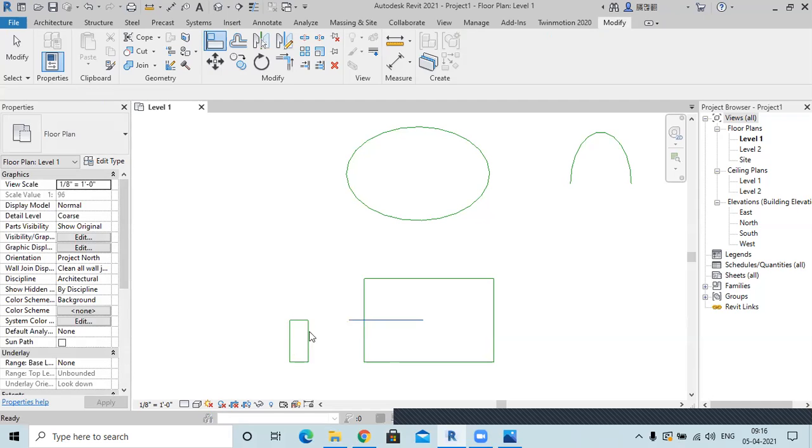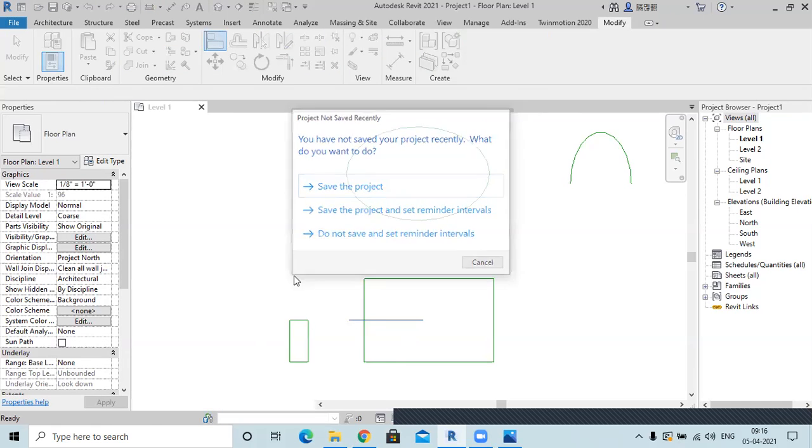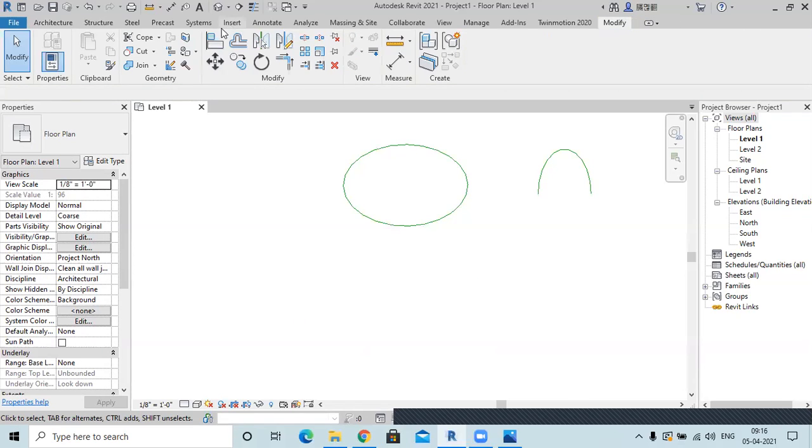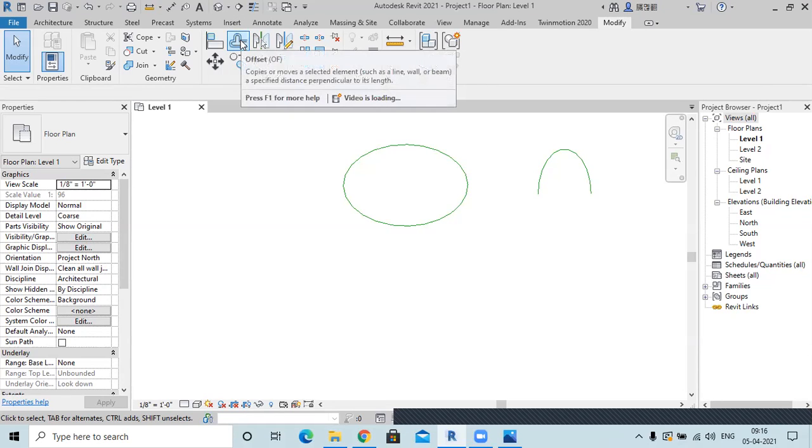Automatically it will decrease to that point. So this is how we can use align, but it's not used very much. I'll show you other options where you can align a particular surface or a line or a rectangle or whatever.